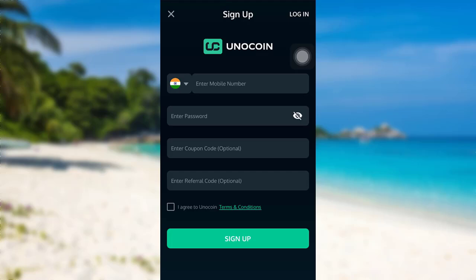After that, you can also enter the coupon code, but since this is optional, you can skip this. Besides entering the coupon code, you can also enter a referral code, but this is also optional, so you can skip this one as well. Now, once you have entered all these details, check on this box that says I agree to